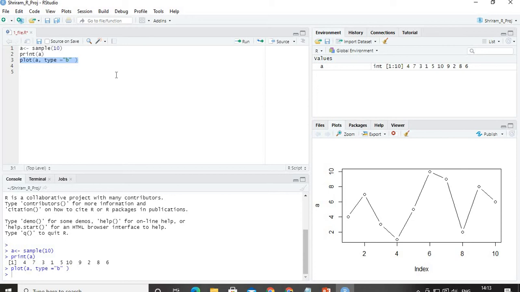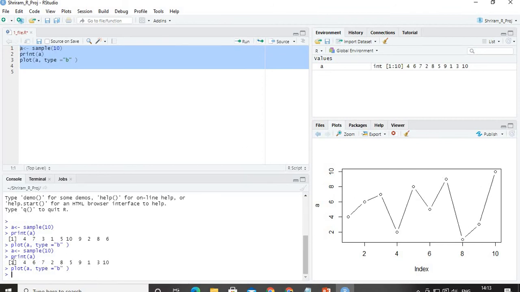Very simple, but I want to run all of them together. How do I do it? Select all of them and click run. You get everything run in one shot. You can see that here I have got the results available, and I have got the plots available here. That's very simple, isn't it? But please understand, I can go with one by one, or I can select everything and I can go.